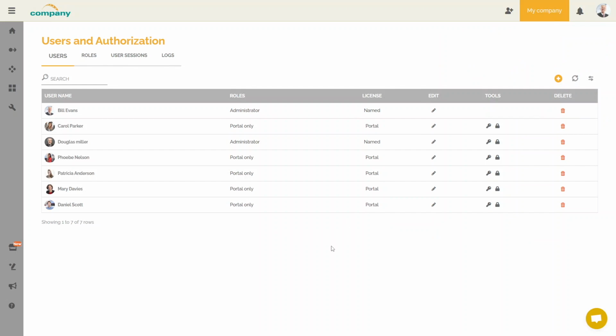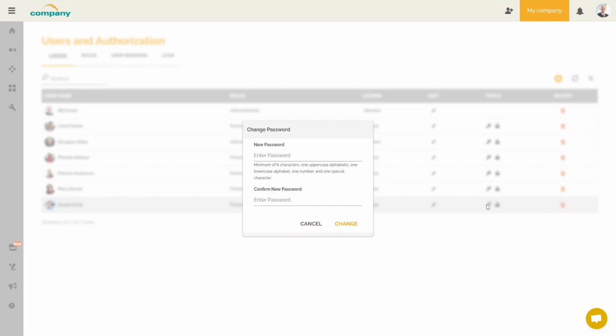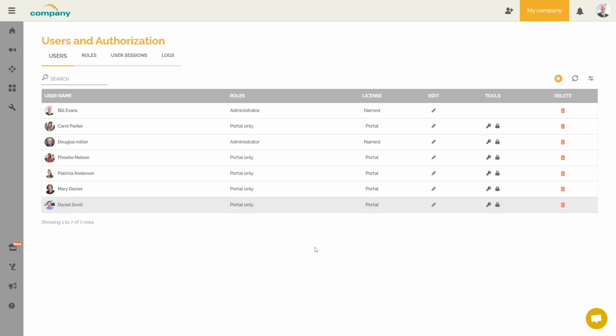On the other hand, if it is a user who does not yet have a HeFlow account, you must define a temporary password for him. To define a password, click on this icon. Once the password has been defined, you can then send an email to the user with his login, which is his email address, and the temporary password. The user will then be able to connect to HeFlow and will be automatically directed to this environment. He can change the temporary password by clicking on My Account.